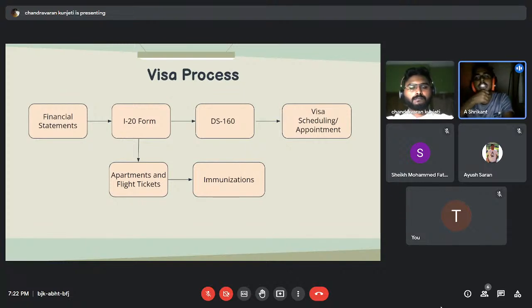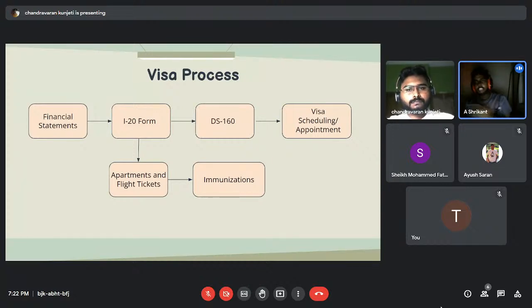Visa scheduling is a bit tiresome process, because on the day you're doing your visa scheduling, there are a lot of people looking for the exact same date at that exact time. So you'll have to do a lot of refreshing. You'll have to do a lot of working on that website till you get a slot. So it's a tiresome process. You'll have to waste at least 12 hours in aggregate for the visa scheduling, and you'll have to schedule 2